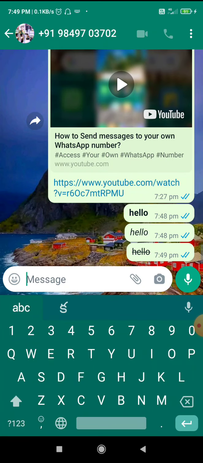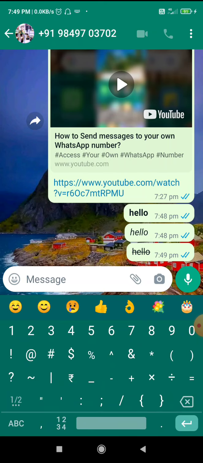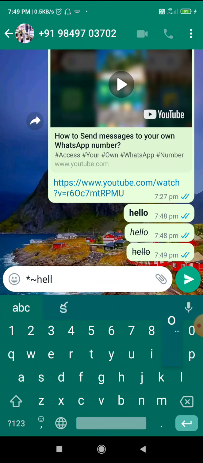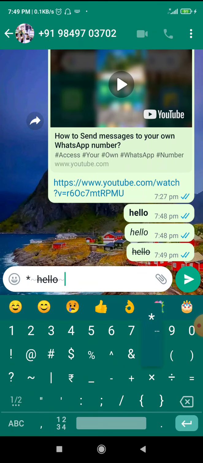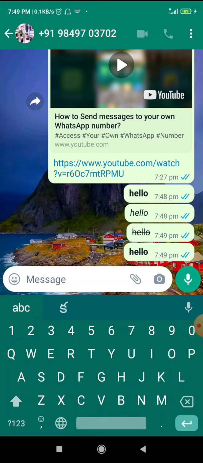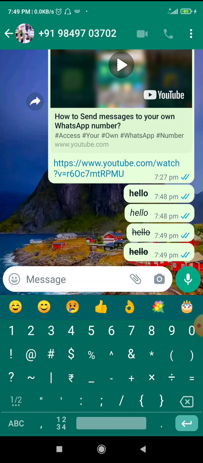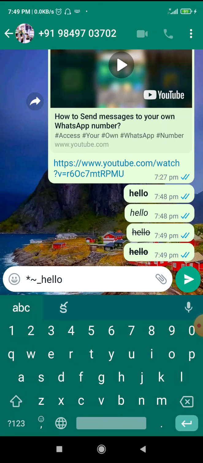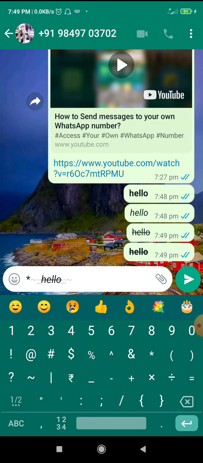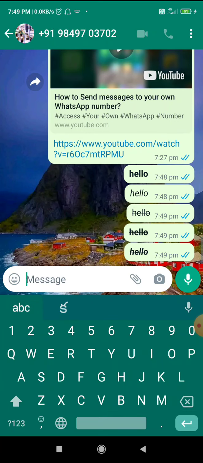And if you want to send bold italic text, you can check here the way I am typing. In this way. And if you want to include bold, italic and strike through text together, you can include them in such a manner. See, in this manner you can use bold, italic, strike through text.